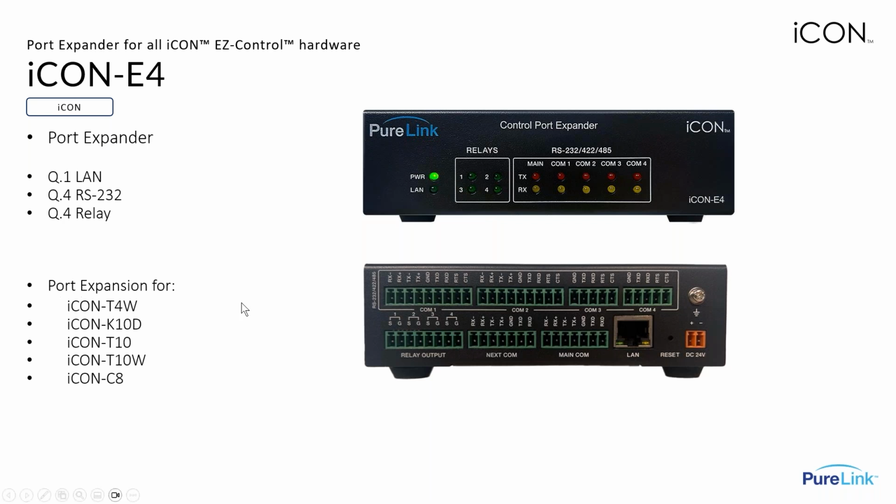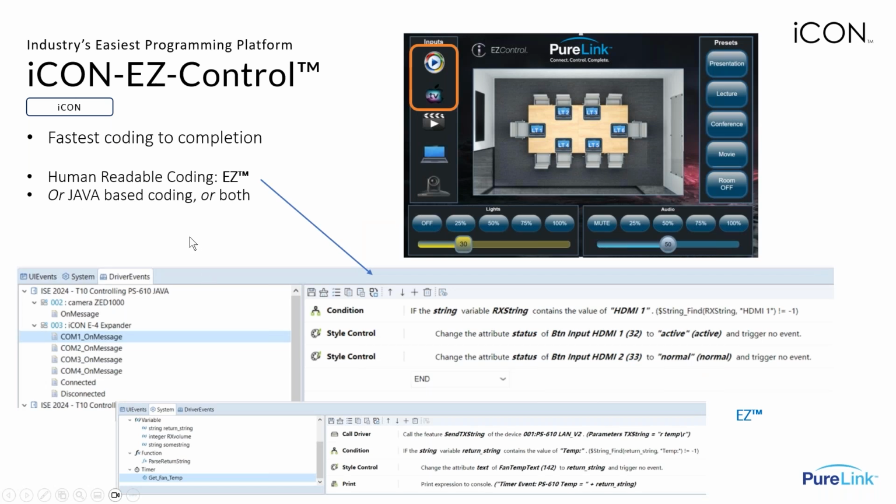All right, we'll just take a little preview of the programming environment. This is like 1/100th of what we show you in the Icon Easy Control programming, but this is just to give you an idea of how the coding occurs. Again, you'll learn this very fast, the whole thing, how to create the user interface and save the templates and so on. But in terms of the programming, this is an example of somebody pressing input 1 on